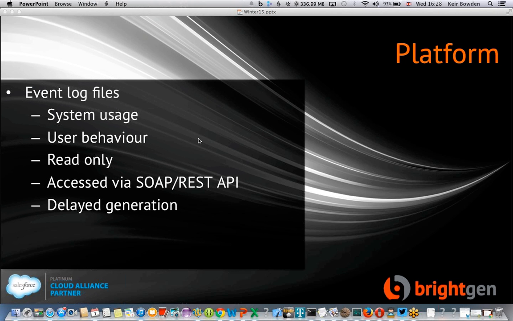Okay, also new in Winter 15 is access to the event log files. These are generated from the underlying Salesforce Splunk logs, and contain information about system usage, user behavior, requests, all the interactions that users are doing on a minute by minute basis with the system, all captured and logged, and this log information is going to be made available to us to be able to get some more